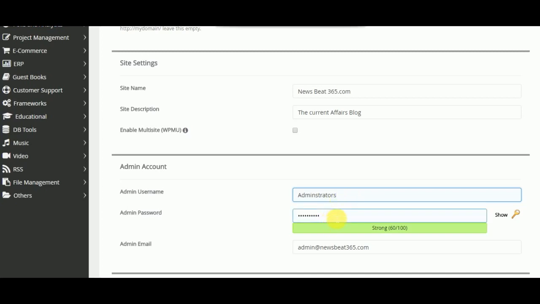And here, if you click this key here, it will... let me just show you. As you can see here, that's the password that it has generated for me. But if I hit this key, you notice that it has generated a new password here. So make sure that you generate a very strong password here, and you should also make sure to copy this password and keep it somewhere safe, because if you lose this password, you won't be able to log